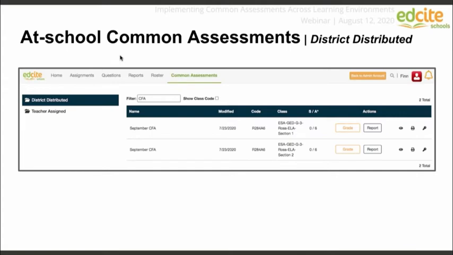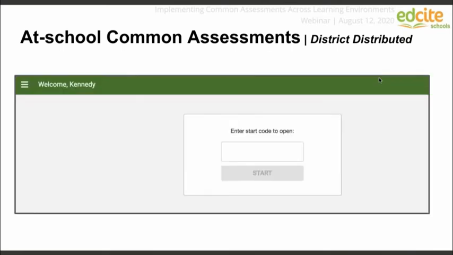And then once I've given students the code, they're able to log in to Edcite, whether they are logging in with Google, with Clever, with Microsoft. They're logging in and they can click, there's a Start Test button on their homepage, which is going to bring them to this Start Code option. You can also bring students directly to this Start Code to open page by going to